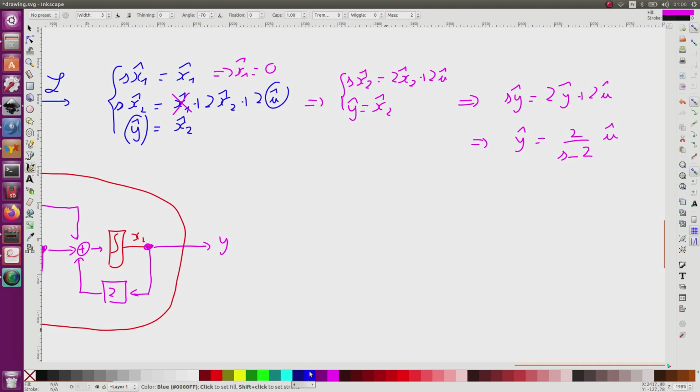The transfer function is thus this. This is the transfer function. I can recognize that there is a pole which is equal to 2, and it was one of the eigenvalues of the matrix A. But the other one does not appear, because I probably have some simplification. So it means that some states are either not observable or non-controllable. It is what I would check after.